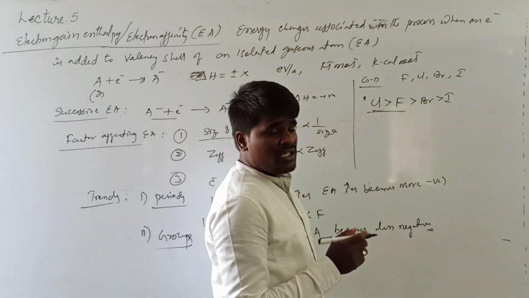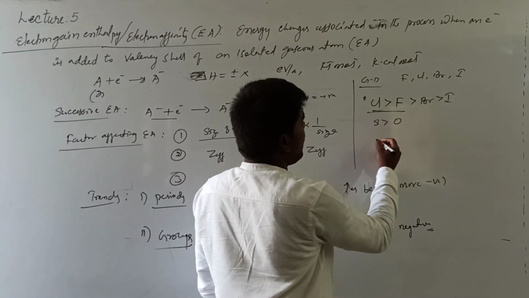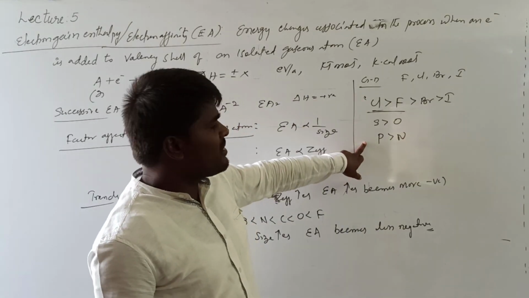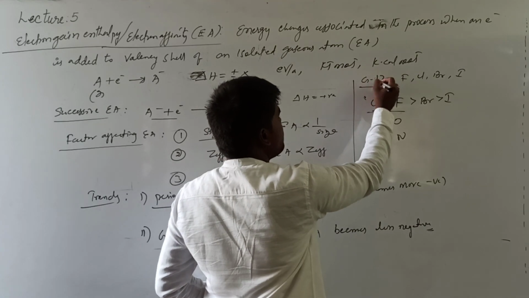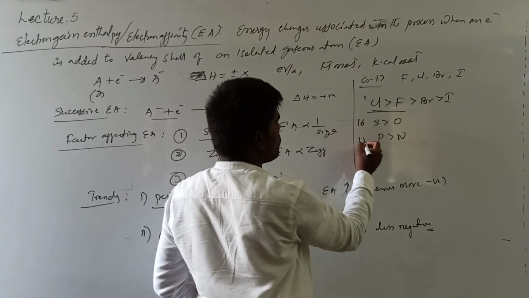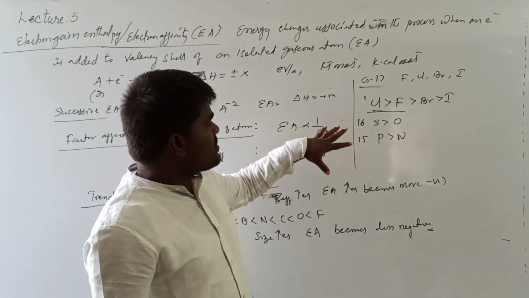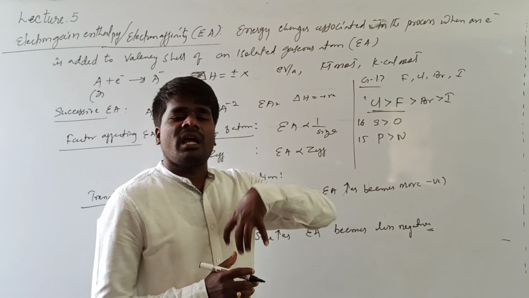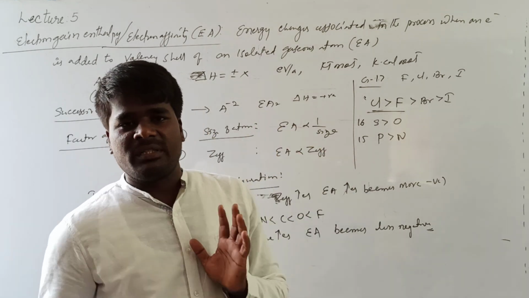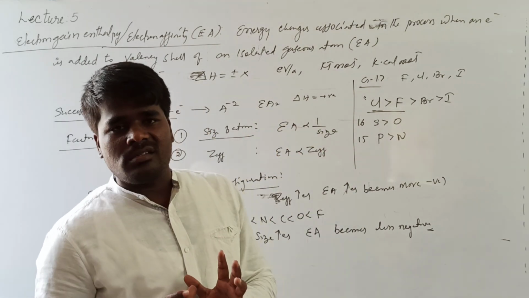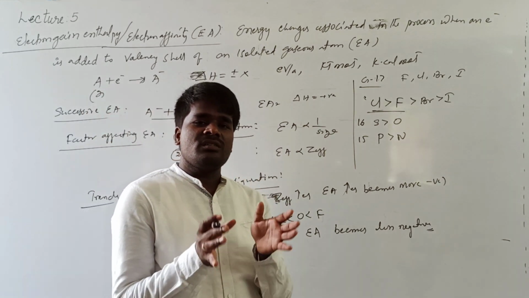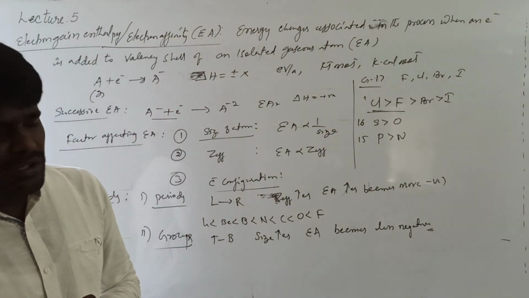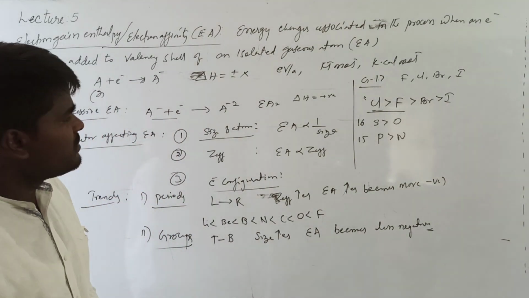The same thing is observed in the case of sulfur and oxygen, and phosphorus and nitrogen. That means these are third period elements in their respective groups. This is group 17, this is group 16, this is group 15. In groups 17, 16, 15, third period elements have higher electron affinity than second period elements because of their smaller size. The second period elements' electron affinity is less than the third period elements. Right? This is about electron affinity, and I hope the exceptions are clear.